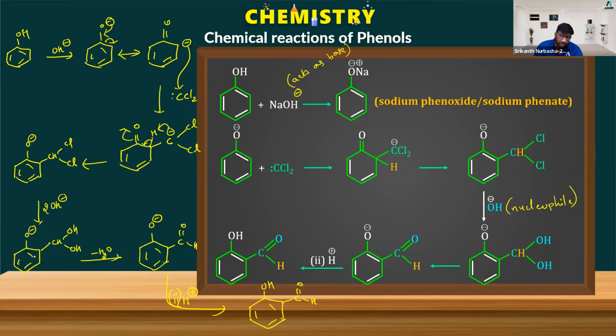So this is nothing but your famous Reimer-Tiemann reaction. Phenol upon treatment with CHCl3 in the presence of a base will form the respective salicylaldehyde. Okay,